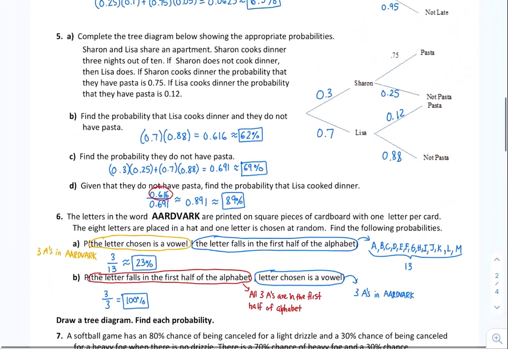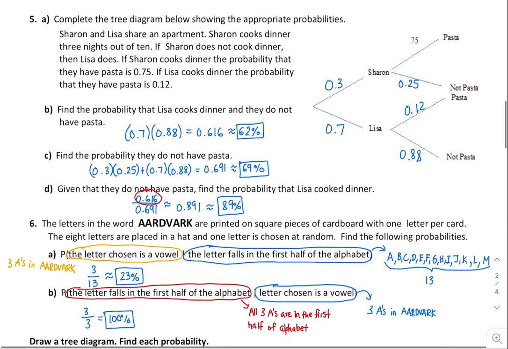Part 6. Okay, the letters in the word aardvark are printed on square pieces of cardboard with one letter per card. The 8 letters are placed in a hat and 1 letter is chosen at random. Find the following probabilities. So, the probability of the letter chosen is a vowel given the letter falls in the first